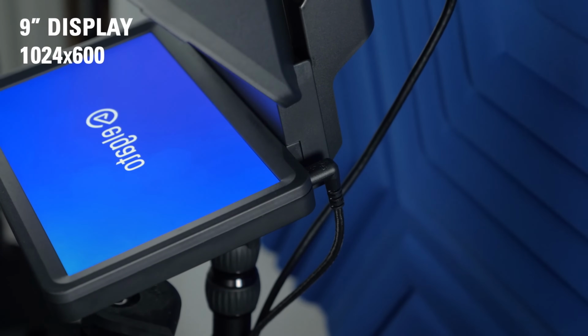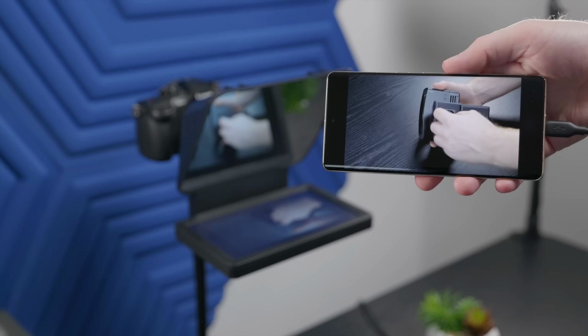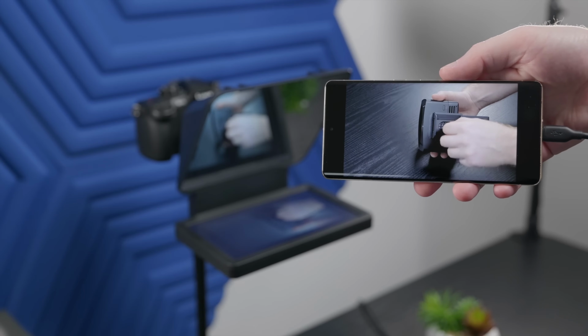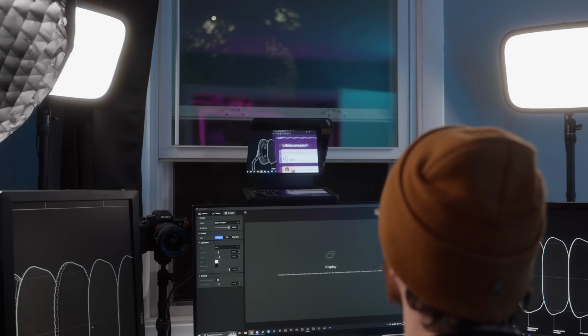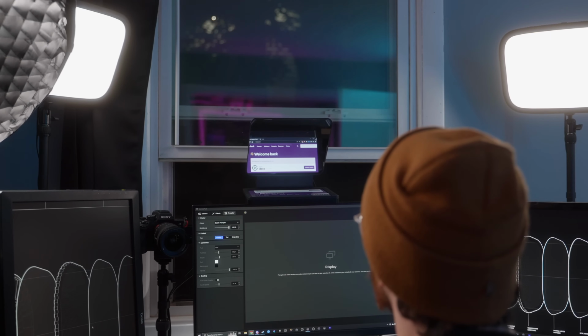And this single USB-C connection is used for both power and video signal using DisplayLink. So you just need to connect one cable from your Prompter to your Mac or Windows PC, or even your Android phone for Prompter to act as a monitor. Now, in the case of an Android phone, Prompter will mirror what's on your phone. But in the case of a Mac or Windows PC, Prompter becomes an additional monitor so you can set it to extended, so you essentially have an extra monitor in your setup